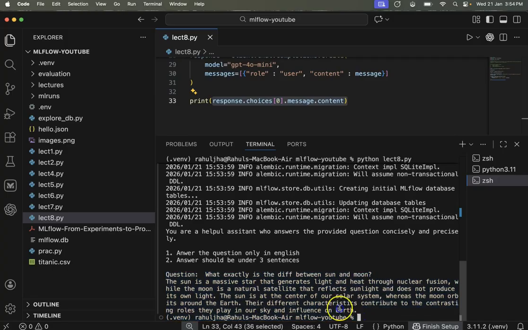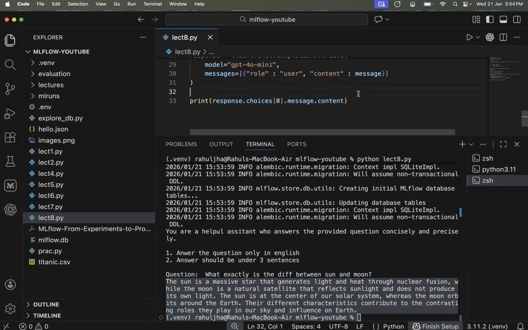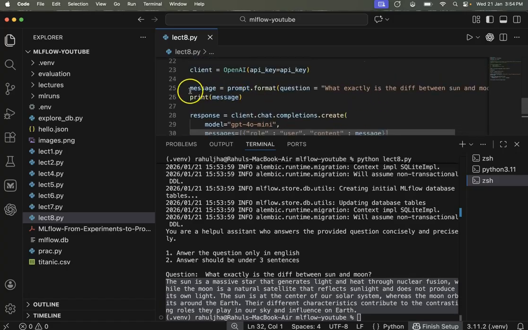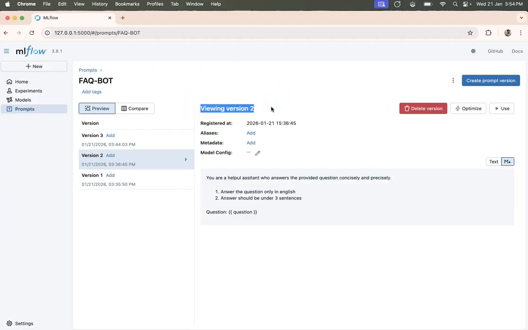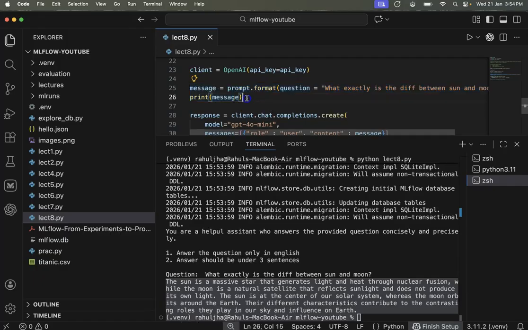So you see this is what is being returned by the OpenAI. So I hope it was clear. So in this video, we try to look at how we can use the prompt. So this prompt registry is a centralized place to create and manage prompts. And from there, we can use and try out a bunch of prompts. Currently, we have not seen how to evaluate prompts. That we are going to see in next videos. Thank you,